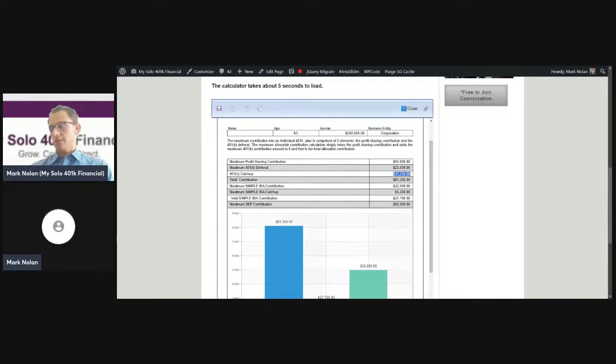So let's add $11,250 plus 23,500. So if we add $11,250 of employee Roth solo 401k catch-up contributions, that's going to equal $84,750, which is too much. Because again, you can't contribute more than $81,250 in total. So catch-up contributions is going to have to be